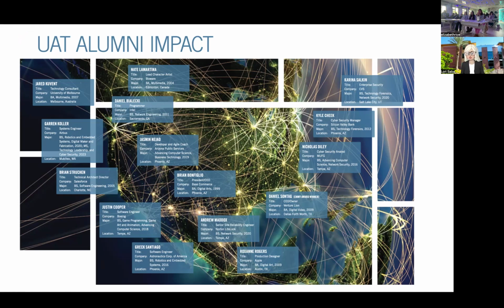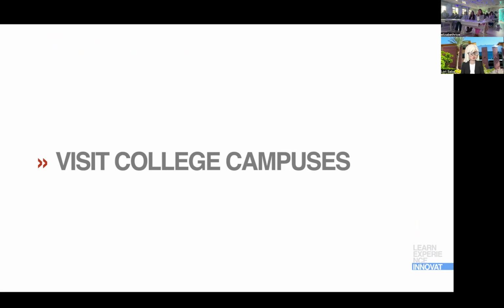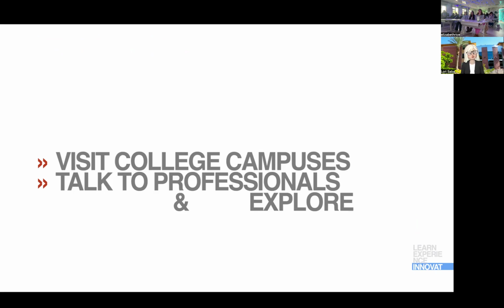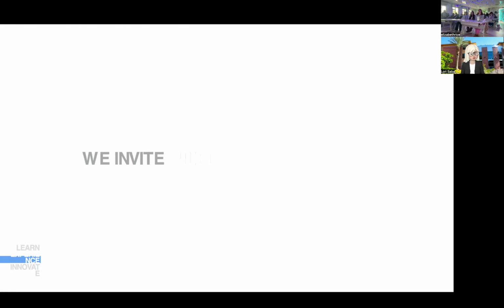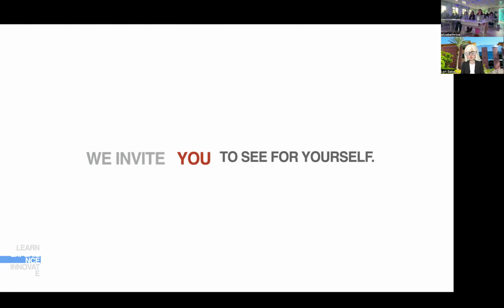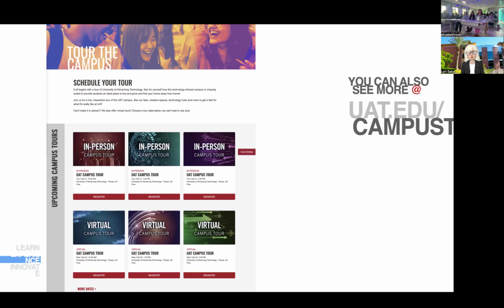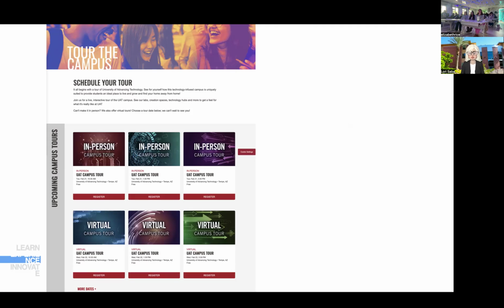Let's see. The key is to find out what you really like to do. Visit the college campuses that offer that degree and apply to the universities that best fit what you're looking for. Find your place. But if you are interested in finding out more about UAT, then we have virtual tours,